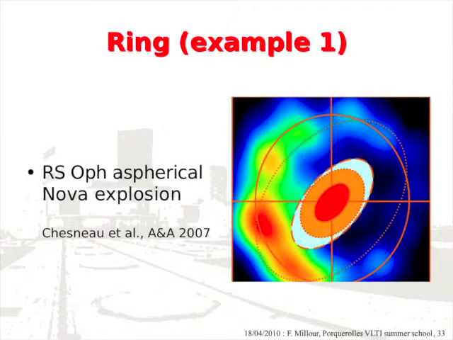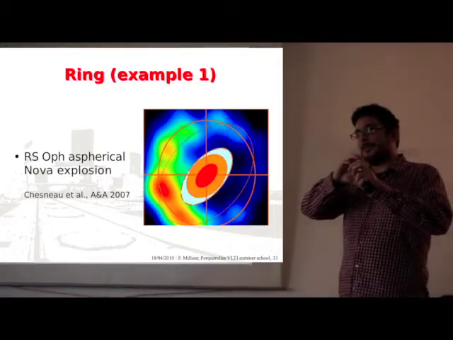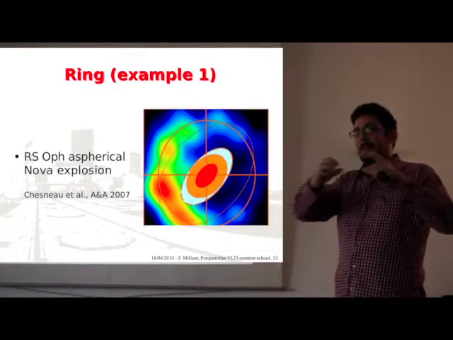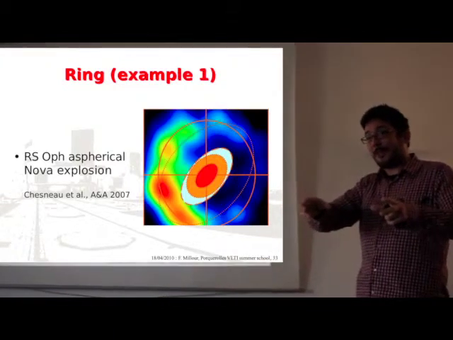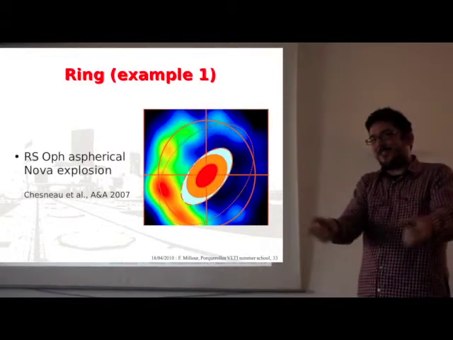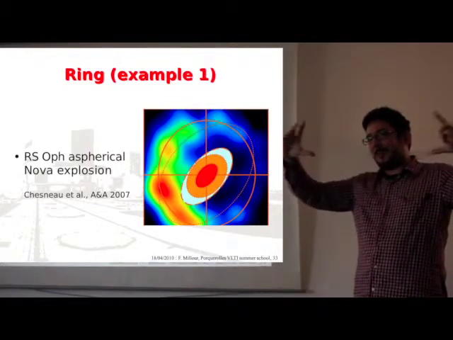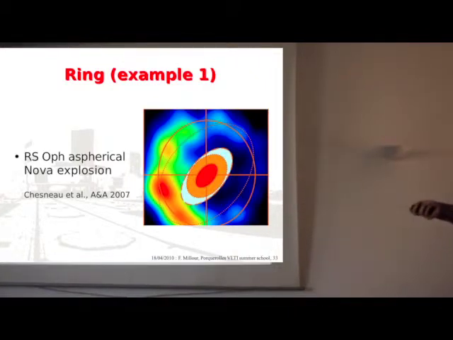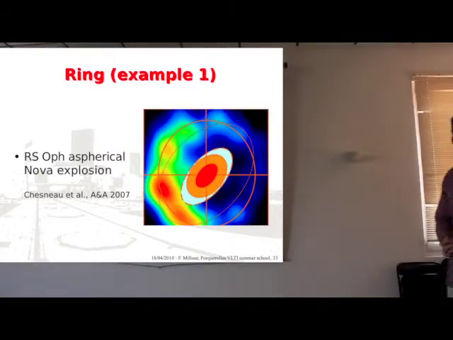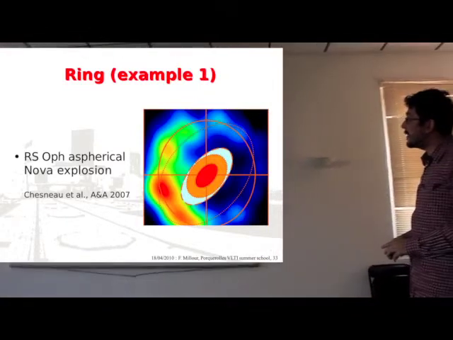An example application is this observation, which is made on a nova explosion. In a nova, you basically have this explosion, and the emission of matter is very strong during a very short time, and then it stops very sharply. So you have a very thin shell of material which expands after the explosion. This is typically a case where you can use this kind of ring model to model the system.